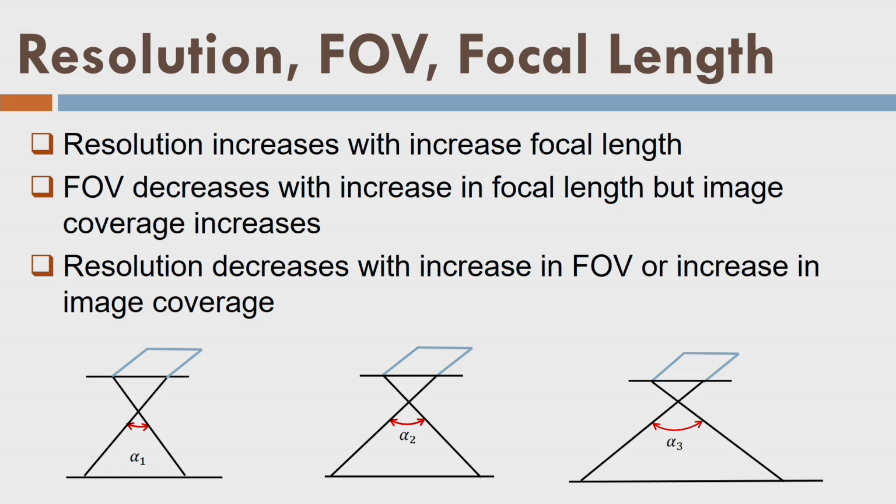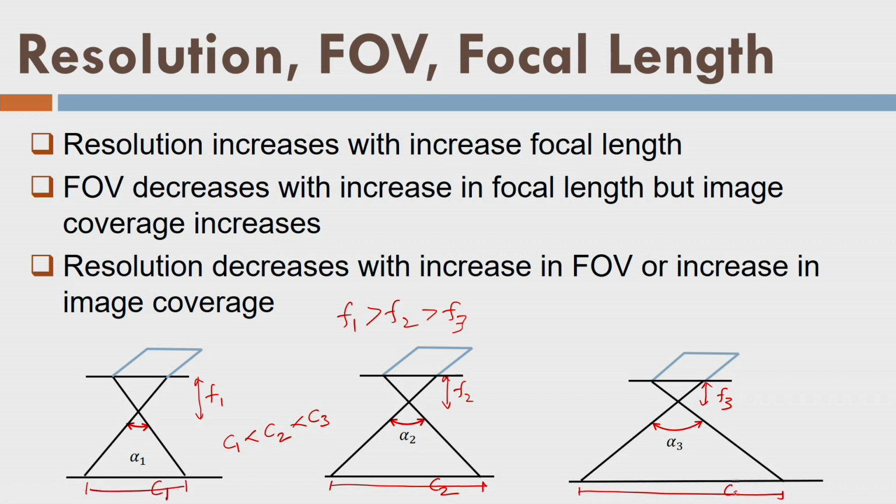So, I can say this photo with the same camera arrangement, the focal length is high, f1, let us say f2 and f3. So, I have f1 more than f2 more than f3, right. So, I can see here this is my field of view, which is, I can say, the coverage. Let us call C1 is less than C2 is less than C3, and this is my C2, this is my C1, and this coverage is, let us say, C3. So, higher the coverage, less the resolution, simple.